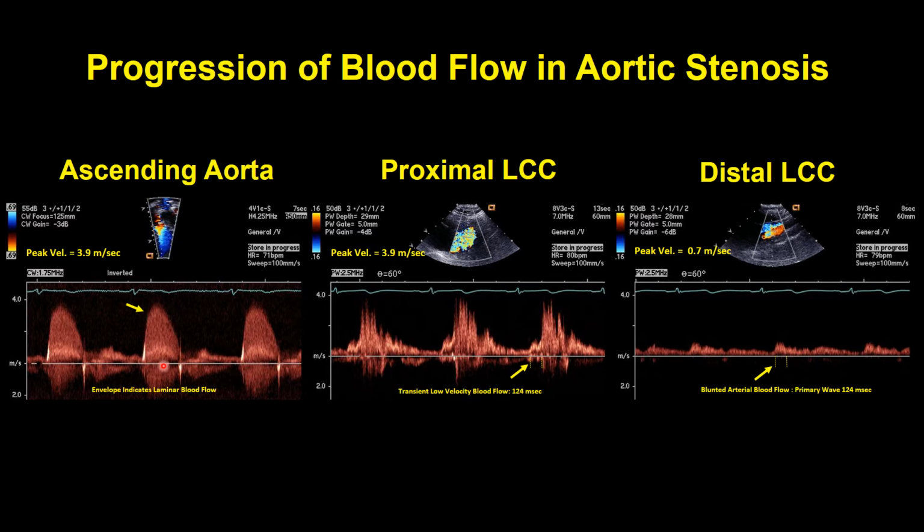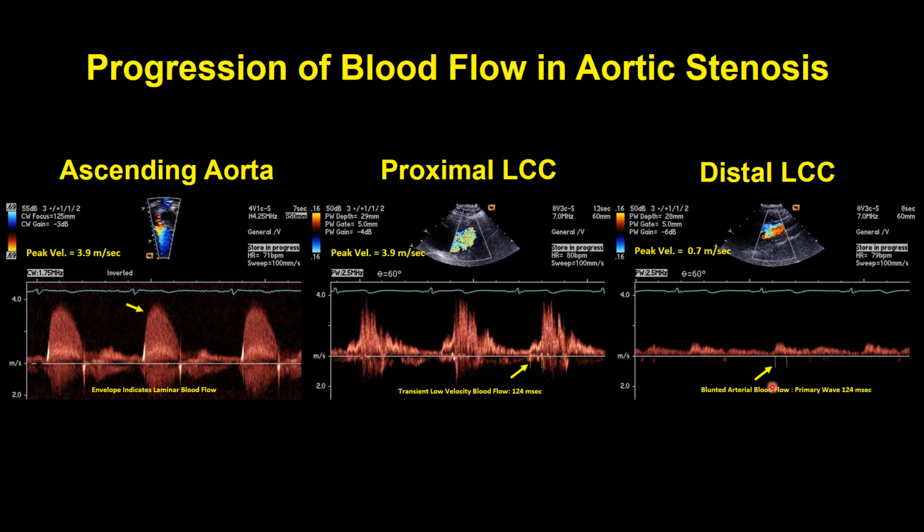laminar blood flow. So we're going to march up to the proximal left common carotid, and we can see that there's been quite a change. We now have a transient low velocity blood flow, and that's followed by these high velocity accelerations or spikes. And then there's another transition. In the distal left common carotid, we're going to see this very low velocity blood flow here, well under a meter per second, but this transient low velocity blood flow that we saw over here is